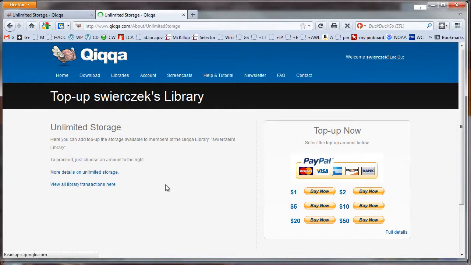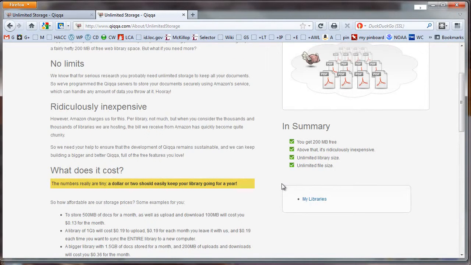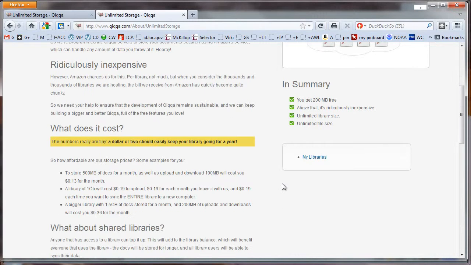To store 500 megabytes of documents for a month, as well as upload and download 100 megabytes of documents, will cost you 13 cents for the month. Even a huge library of 1.5 gigabytes of documents with 200 megabytes of uploads and downloads will cost you 36 cents for the month. In other words, an initial top-up of, say, $5 will really go far. As a point of comparison, my library has 32 documents in it, and it is using 34.4 megabytes of the allotted space. So I would estimate that a library of up to, say, 150 documents would probably not require any